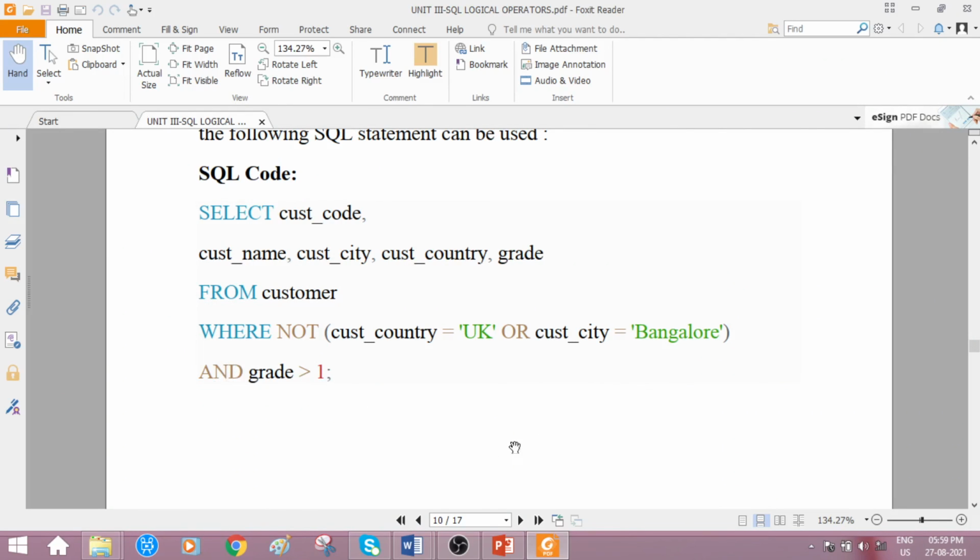So like this we have to observe and analyze the conditions, and based on the conditions we can implement the logical operators to retrieve the information from the table.